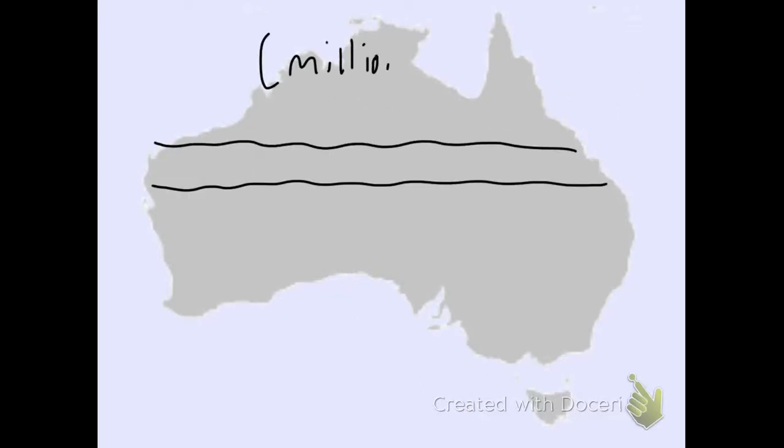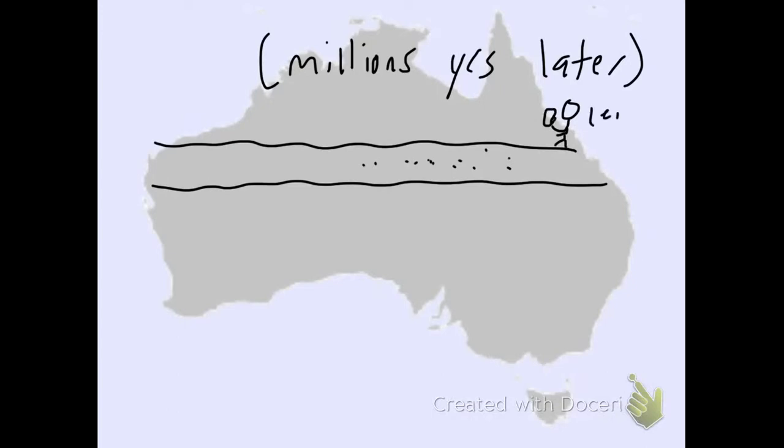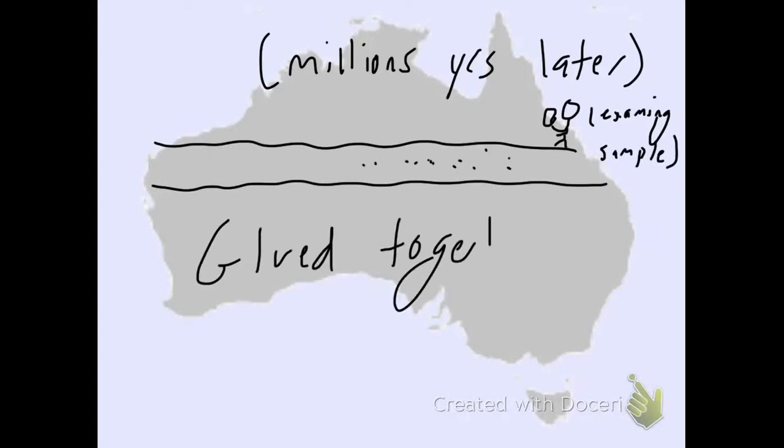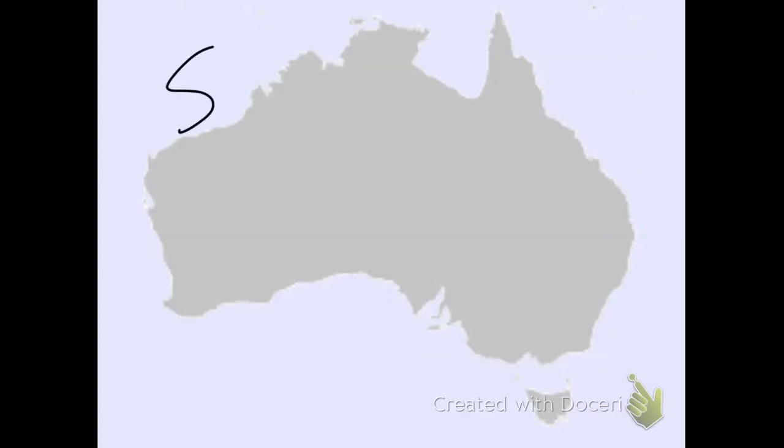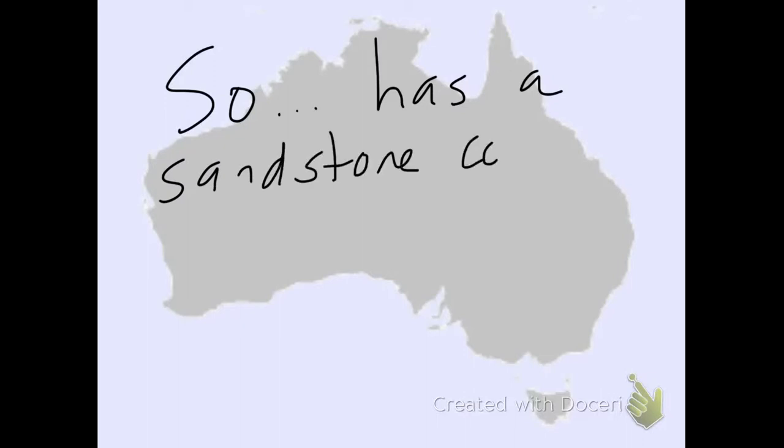And then finally, maybe millions of years into the future, when the sediment and sand and whatever else has been sitting around for a long time, then a nice, wonderful geologist will examine that sample, and they will determine that it has undergone diagenesis and probably has determined that it's been glued together. But glued together by what? So the three natural cements are silica or quartz, iron or hematite, and calcium, which is in the form of calcite. So the big million-dollar question becomes, has a sandstone